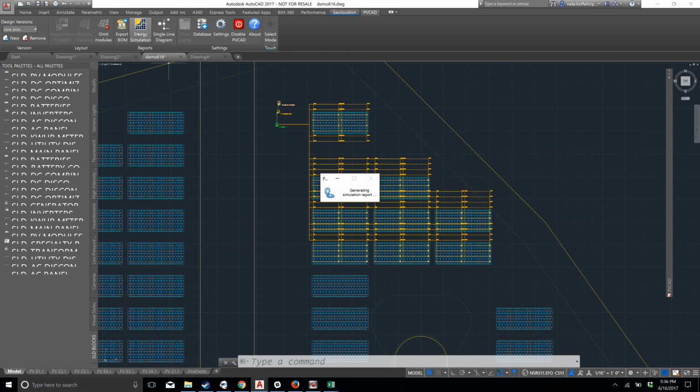Inside that Excel document, it'll have all the information on a month-by-month basis and an hour-by-hour basis over the entire year. To be able to run this simulation, you do need access to the internet. For that matter, you need access to the internet to run any of our software, as you need to be able to be connected to our databases and able to use the modules and all the rest. This does take just a little bit of a minute, so while this is running,